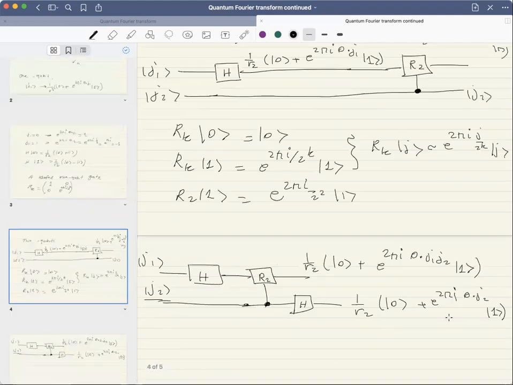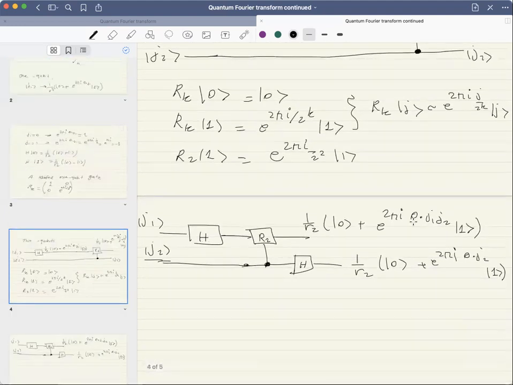So I got those, except the order is messed up. So the Fourier transform would make the first qubit equal to this, e to the 2 pi i point J2, and make the second qubit equal to that. But that I can fix